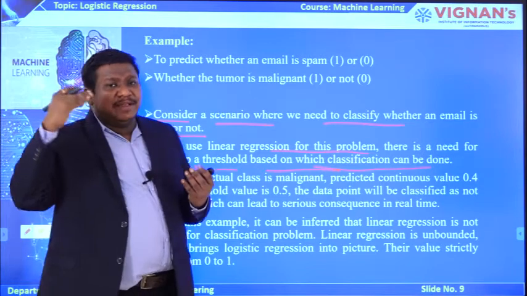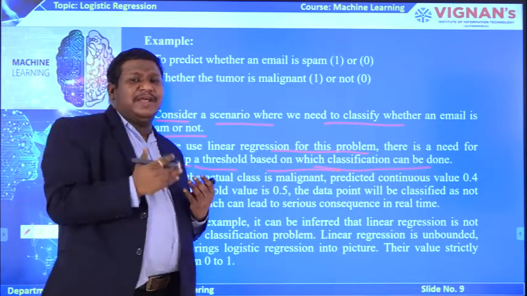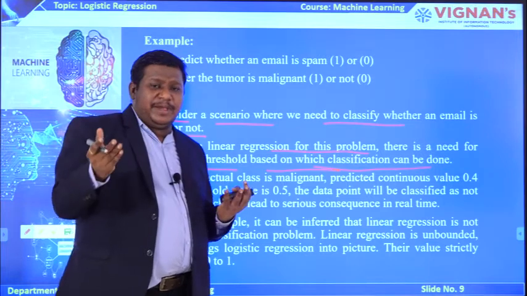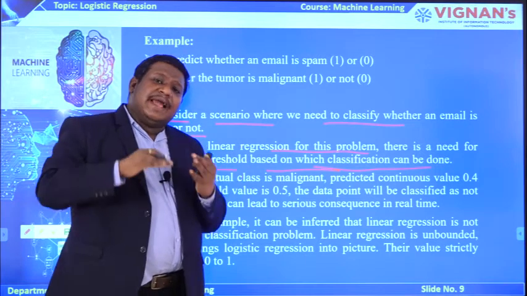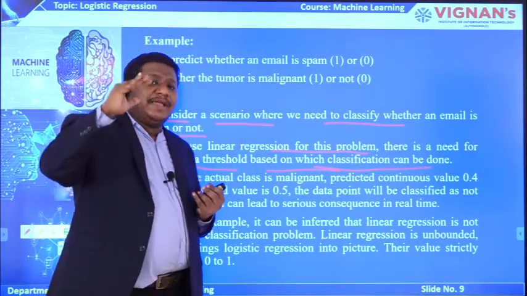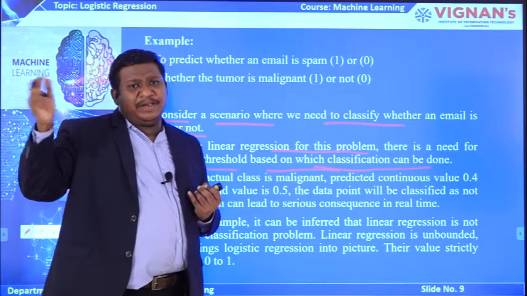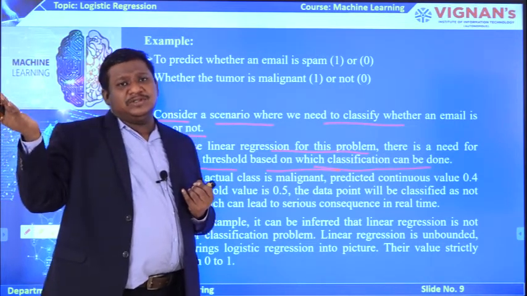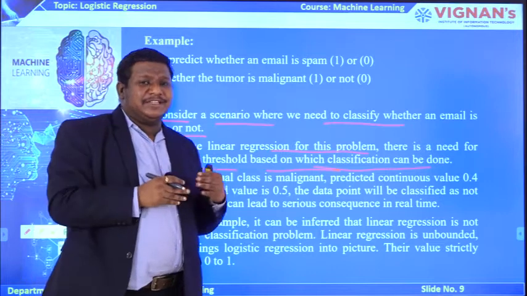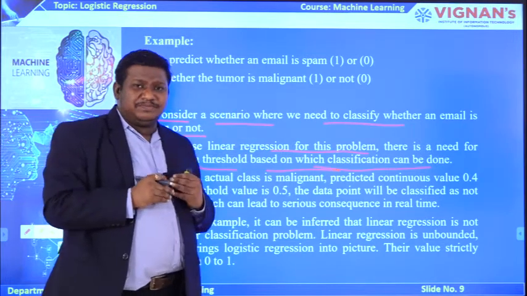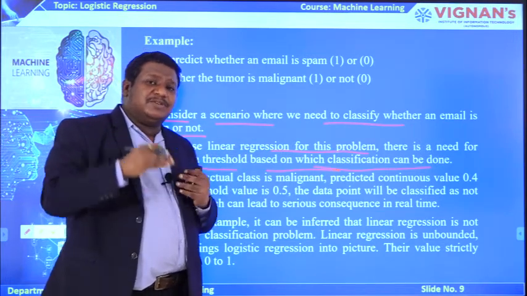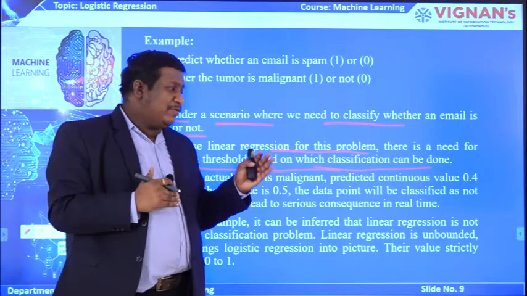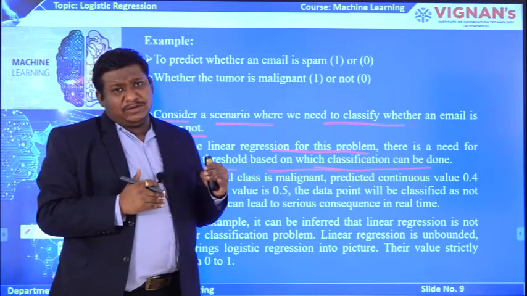Sometimes even an actual mail or a correct mail may be considered as a spam mail. In other words, an actual spam mail can also be considered as an actual mail and it can be sent to the inbox. So, using linear regression in these spam models is very difficult because we have to keep the threshold value while we are fixing this linear regression model.